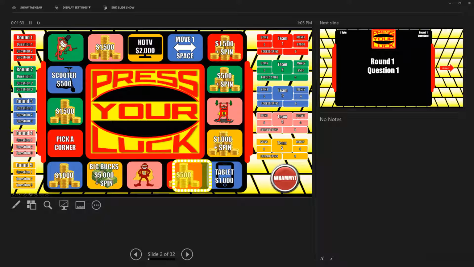So if you were to land on a whammy like this guy here, you just hit the whammy button, and there's our cool sports car whammy dude. Yeah, and that's how the team scoring works. And like I said, if you want to use the 4 spins, you can. If you want to ignore it, it's really up to you. What really matters is the money amount and the spins, and how they earn the spins and money amount are